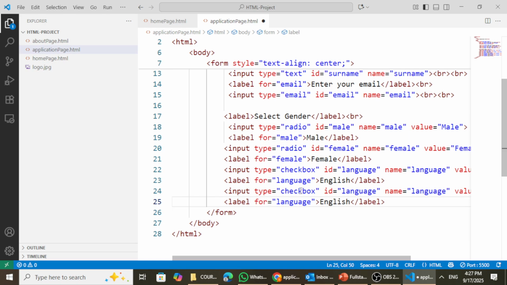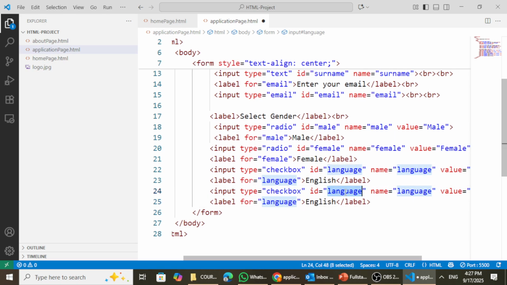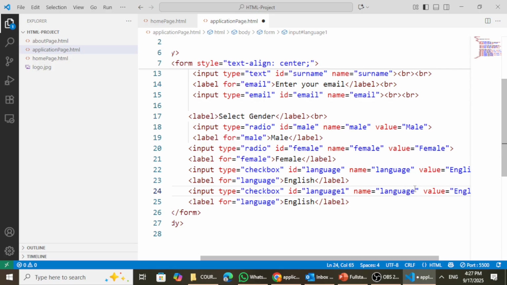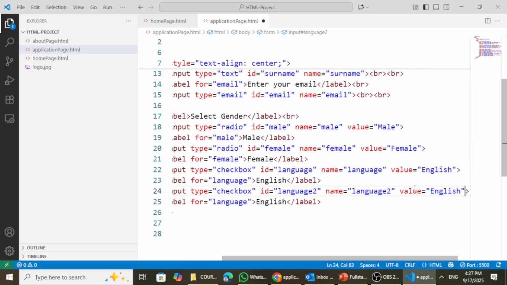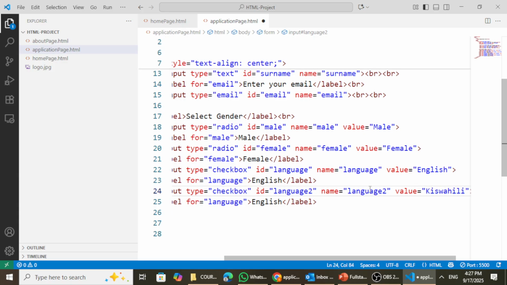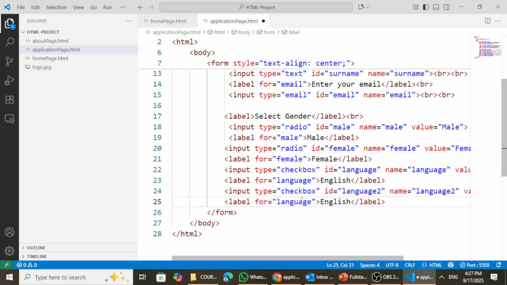the type is still checkbox, and then the ID is maybe language 1, and then the name language 1 or language 2. Let me use language 2, and then the value, now let's say Kiswahili, and here the ID for language 2, and then now we put the value Kiswahili. Now when I save